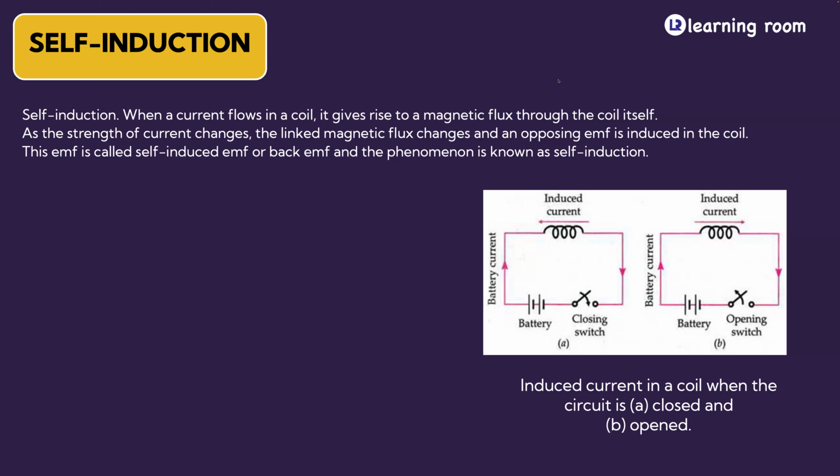There were three names that were given. I told you. What is one name? Back EMF is one of the names. Next. Also called induced EMF. It is also called opposing EMF. Right? Why do we call it as opposing? Because it will try to oppose the process. Right?